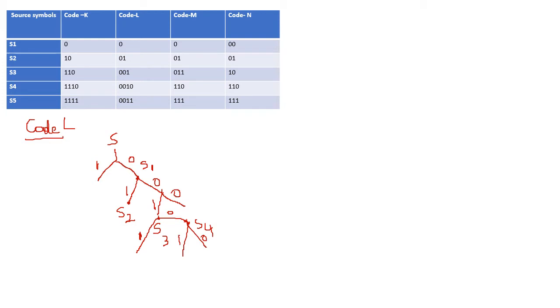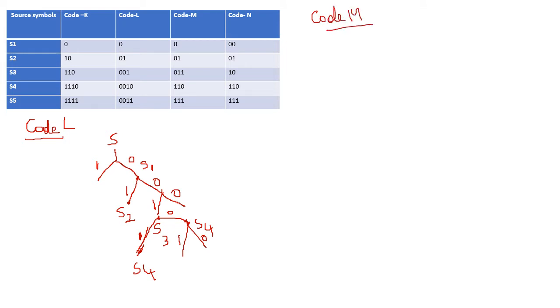So we are going to get 0, 0, 1, 0 or 0, 0, 1 and 1. So this particular line here you are going to have the terminal node as S4. So this is how your code tree looks for a non-instantaneous code word where few of the branches will be left free.